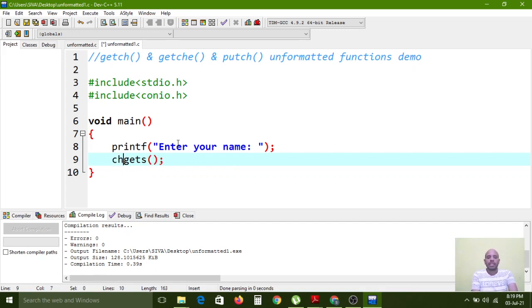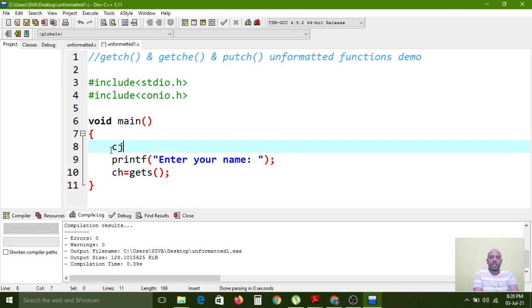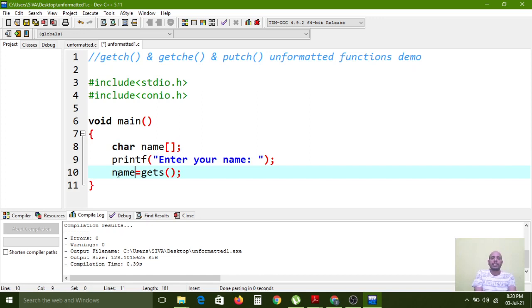First we need to create that variable, a character array. So instead of ch, since it is a name now, I am changing it to name.